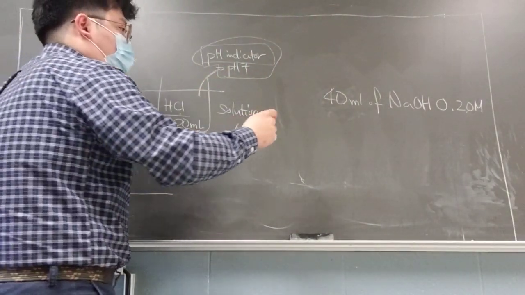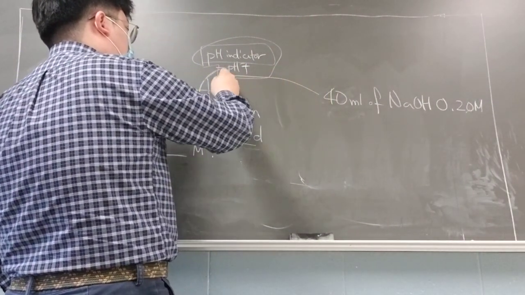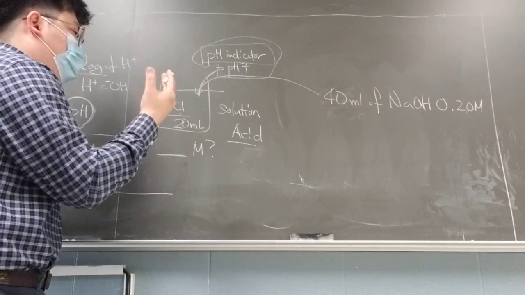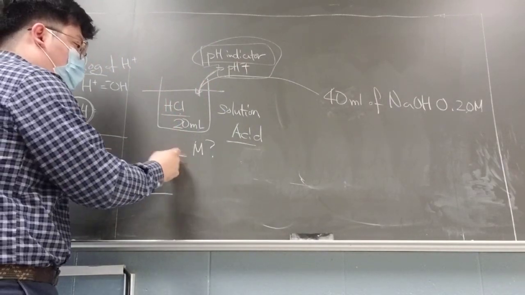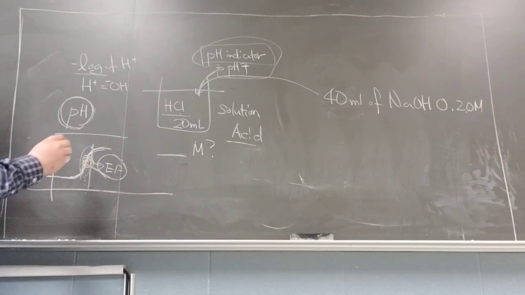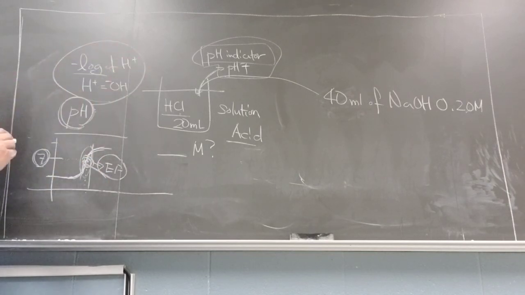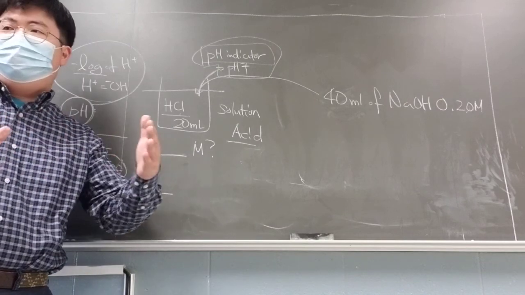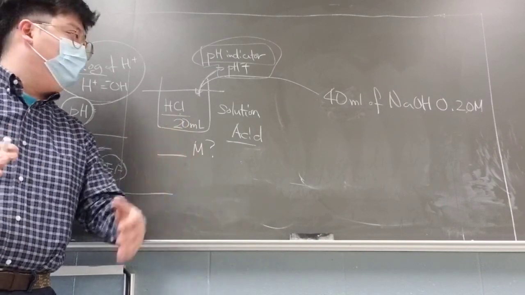So when we're about to add about 40 in here, and you saw the color change, that is where you can assume is nearby the equivalence point,